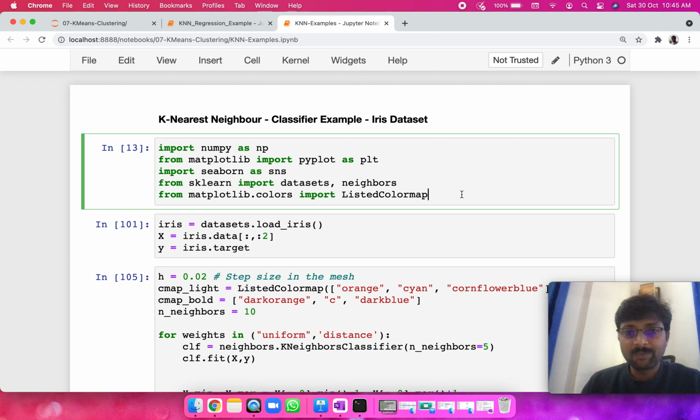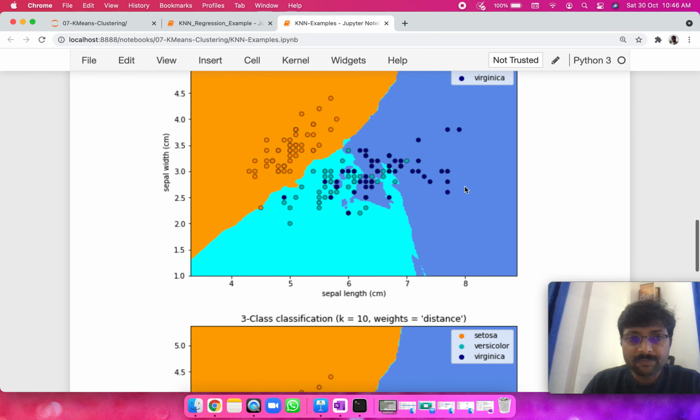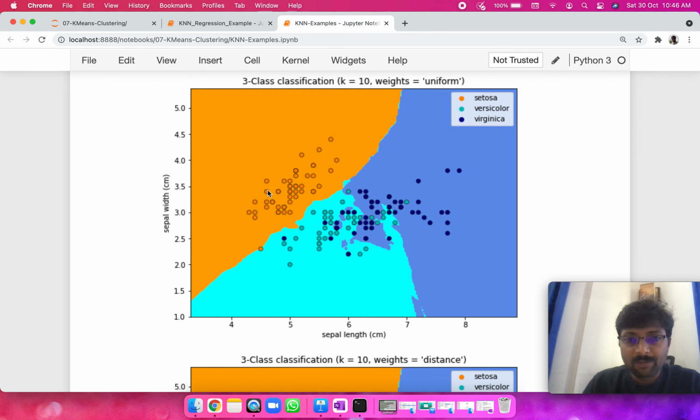Now in this example, we will look at a few columns from the iris dataset. We will take a two-dimensional example for visualization. If you remember, the iris dataset has 4 parameters: the sepal length and width, and the petal length and width. But for the sake of this example, we will visualize in a two-dimensional space. We'll try to visualize on sepal length and sepal width, and we will try to classify the actual samples.